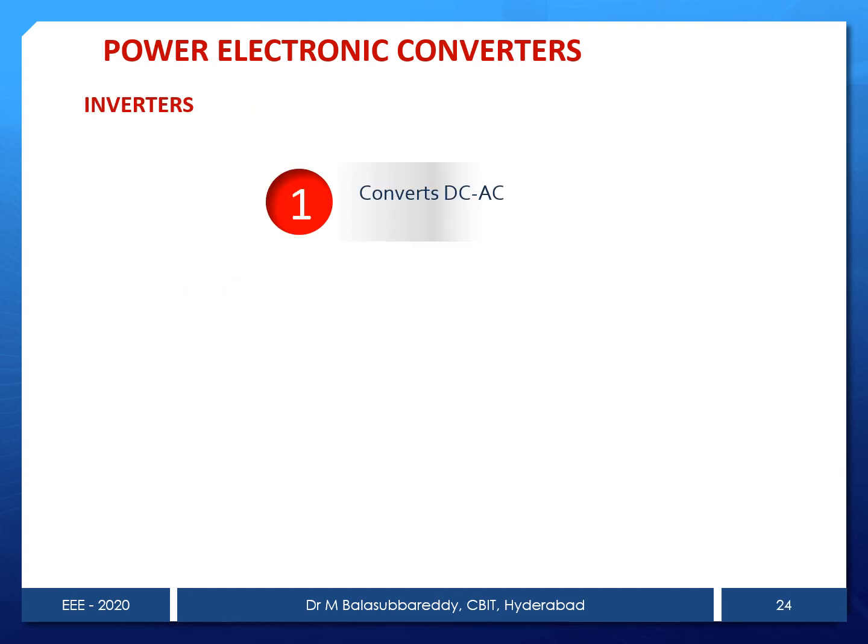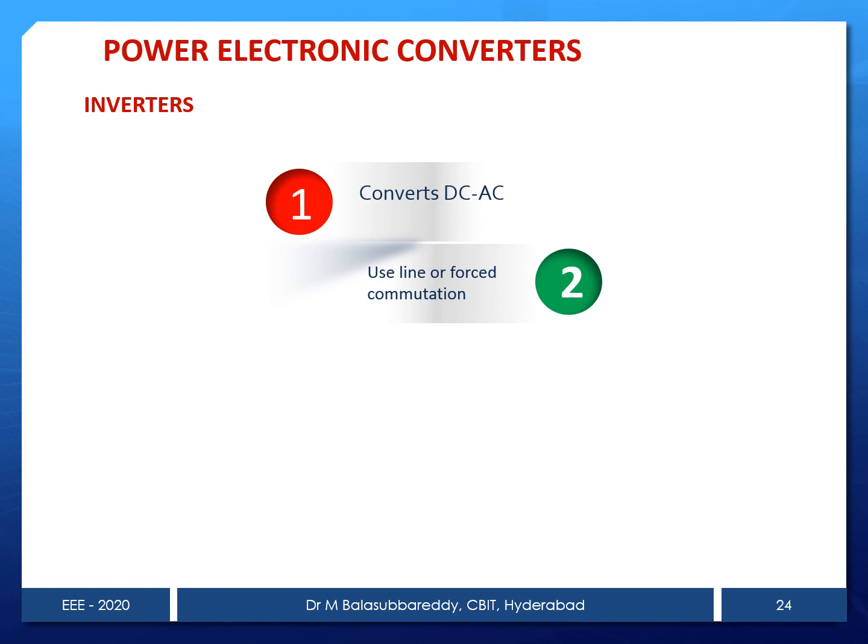And the last one is the inverters. What it will do is convert fixed DC to variable AC with constant and variable frequency. Both are possible in this. Another one, it uses line or forced commutation. If alpha is less than 90, it is a rectifier mode of operation. Greater than 90, it is an inversion mode of operation. For applications like HVDC, we use line commutation.